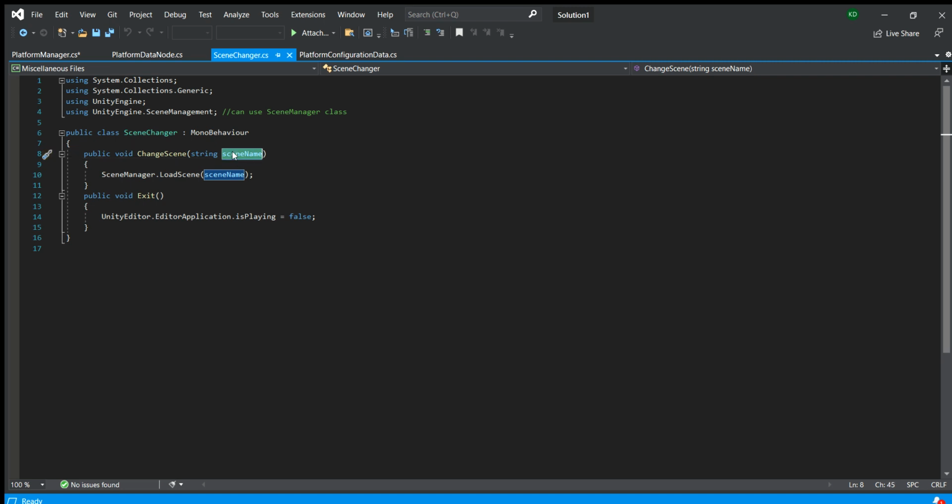So for this one, I actually typed in configuration, programming, and simulation, and it's going to take the string, put it in here, and this scene manager, which is allowed by this one right here, is just going to load the new scene. And then for exit, again, this just quits the Unity editor. You also might see